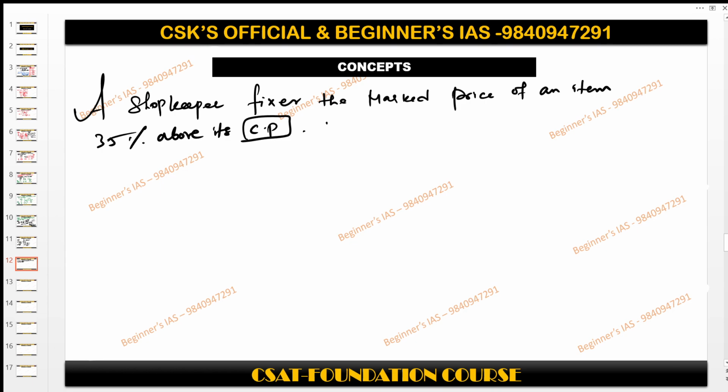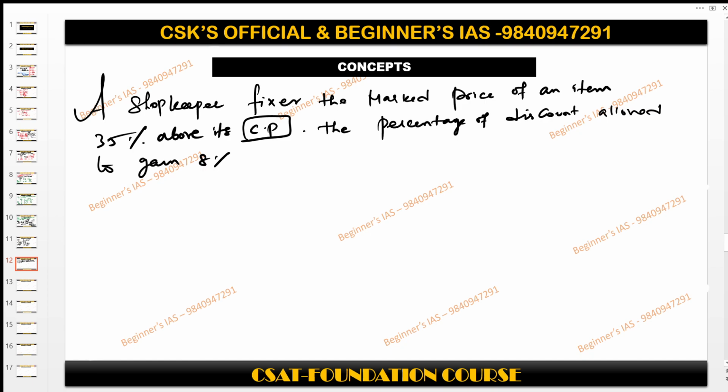Above the cost price. Then the percentage of discount. So let us take a discount. The percentage of the discount allowed